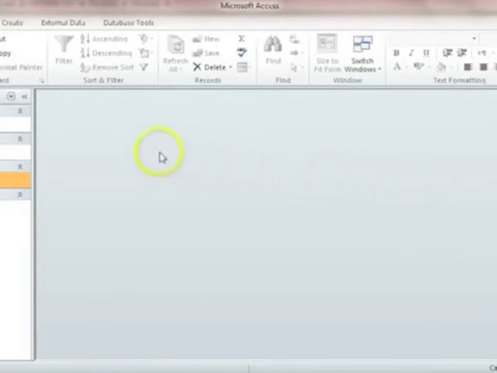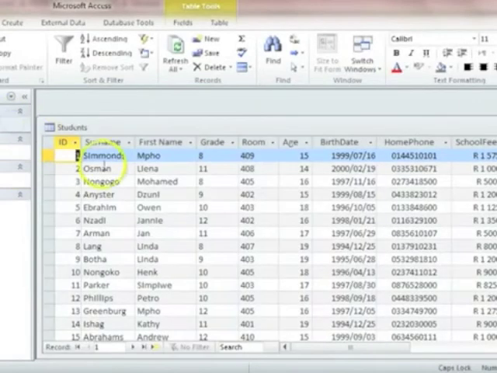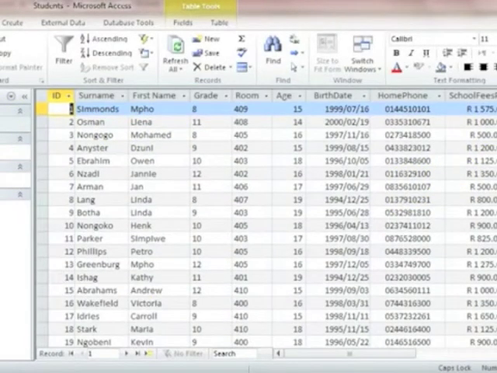Things to keep in mind when creating a table is the primary key. Remember, a primary key is a unique field and no duplicate data can be entered in the primary key field. All field names should be descriptive.